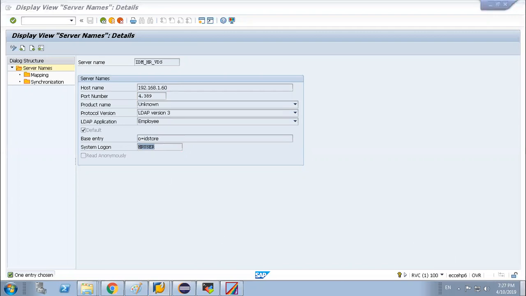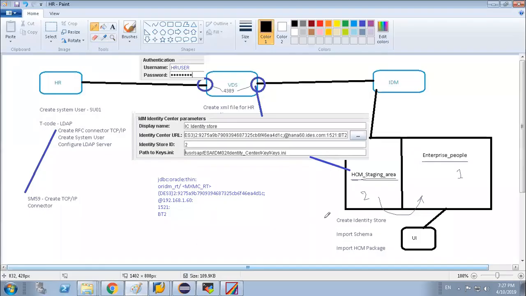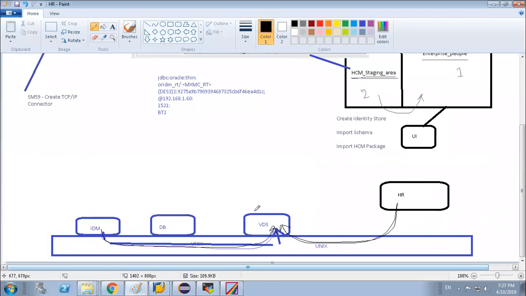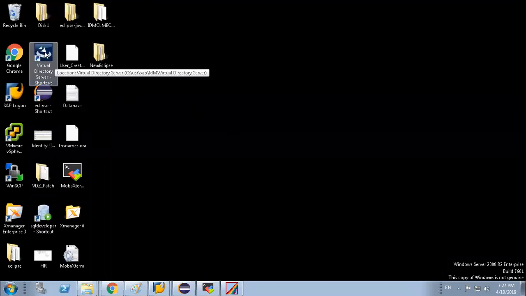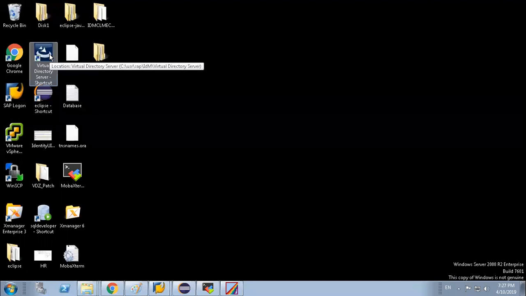Now again go to the picture. Now I want to open this VDS. In your desktop also, you will see one shortcut of VDS. This VDS will not help us. Why?